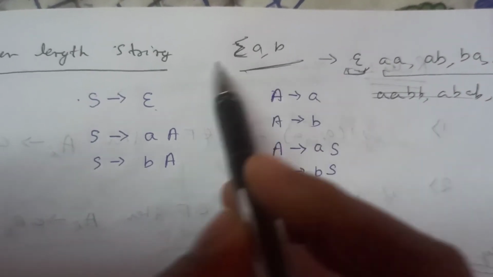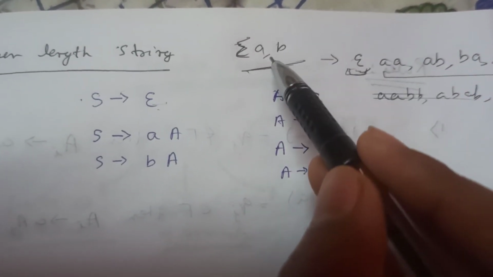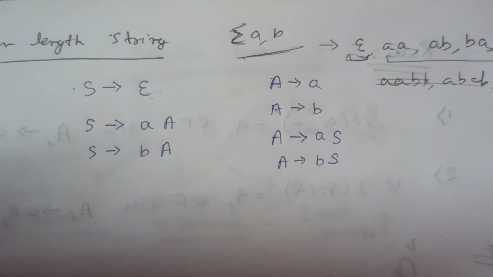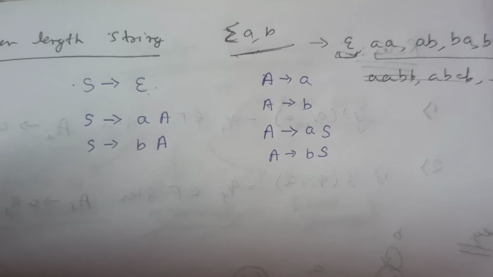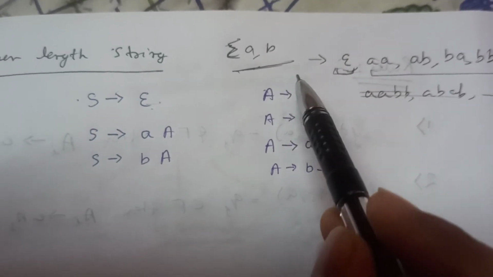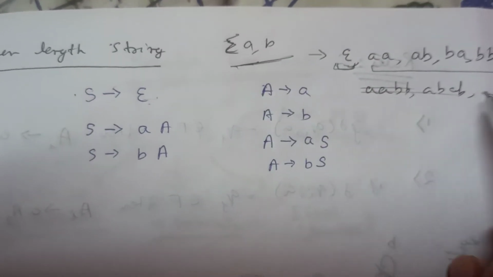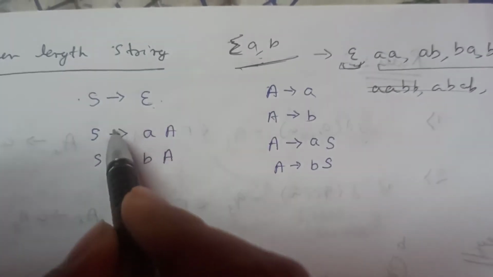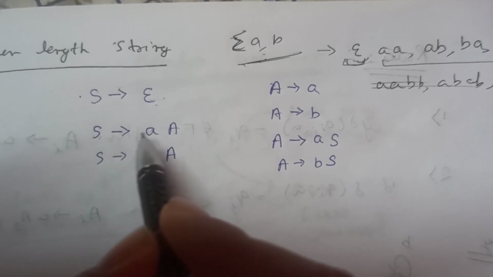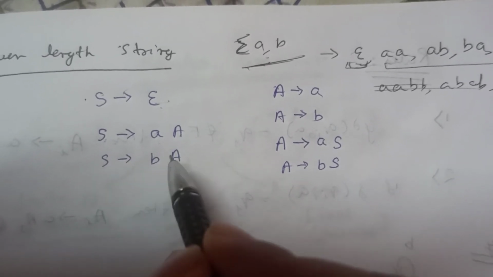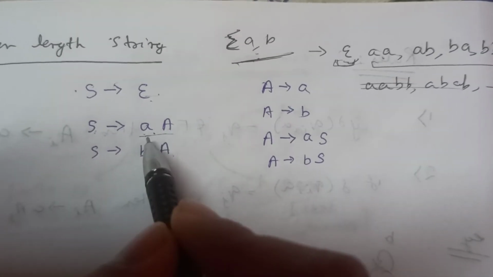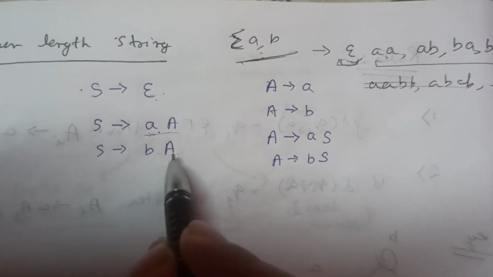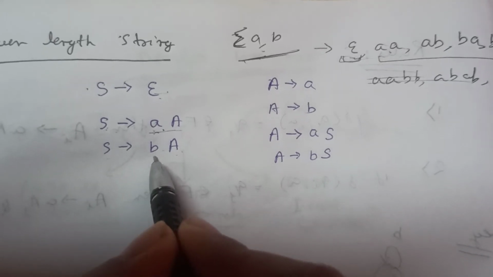And after that, what are the terminals that can come at the first place? So there is nothing mentioned here, because there is only one thing mentioned, that it must be of even length. Okay, so for even length the starting terminal can be either A or B. So I have written 2 production rules, S to AA or S to BA. Okay, so for this particular production rule the starting terminal will be A, and for this particular production rule the starting terminal will be B.